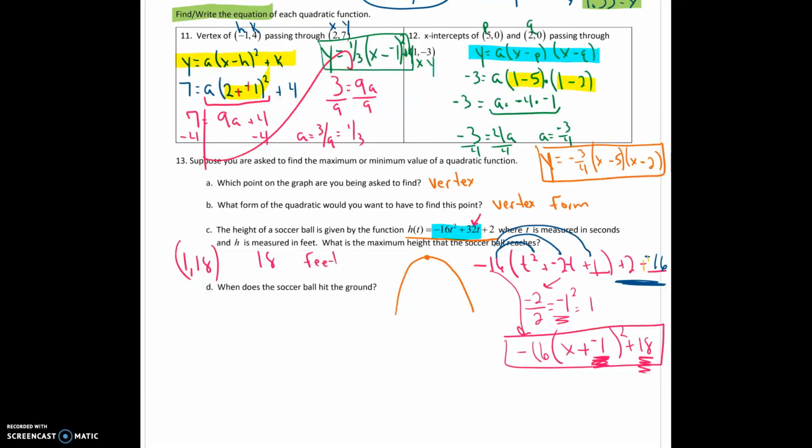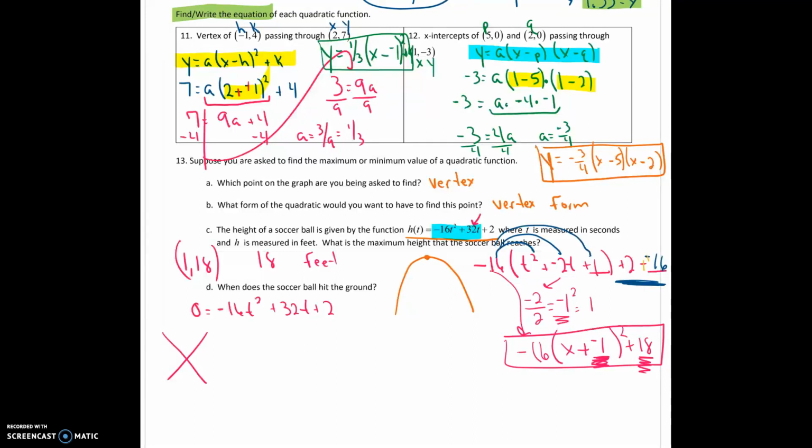And when does the soccer ball hit the ground? Well, that's when I want a height to be 0. So to do this one, I need to solve for t. So trying to figure out what numbers for t give me 0. So what I'm going to try to do is factor this and see if it works. Because it's more than one type of x, I'm going to make my x, and if I multiply,